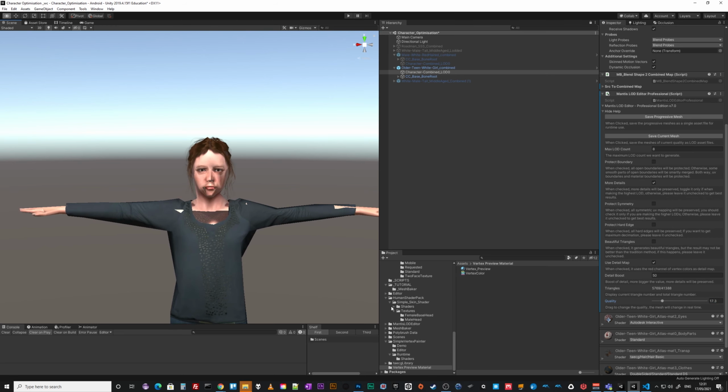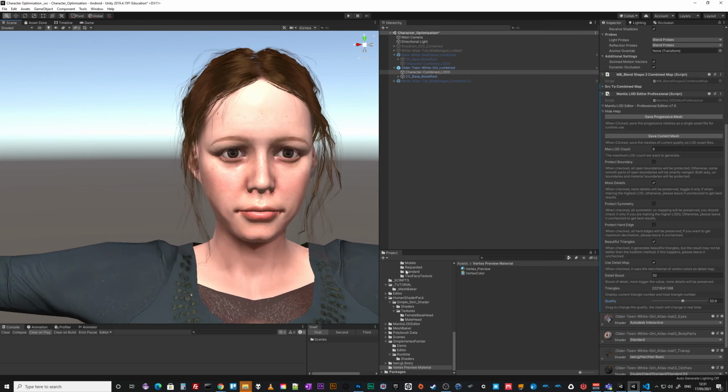That would work fine. Okay, so let's see what we can get. Definitely more detail, and I'm going to keep